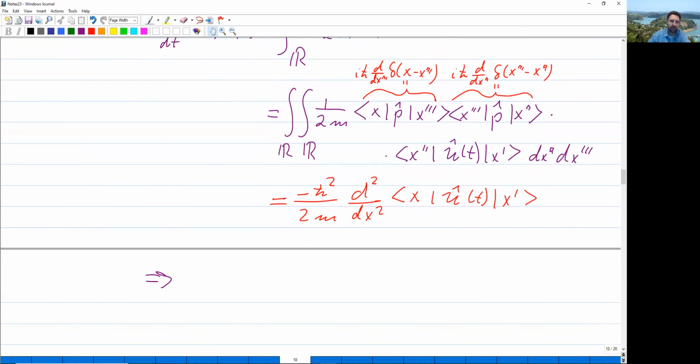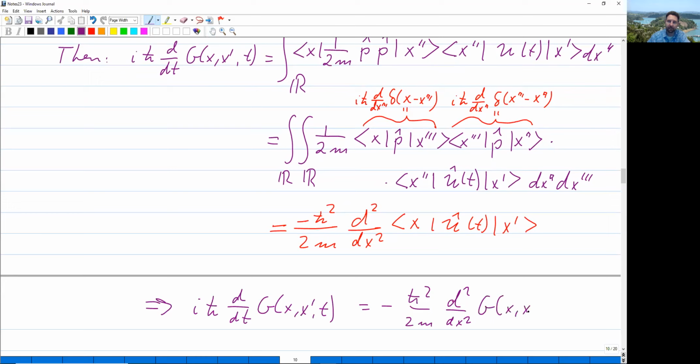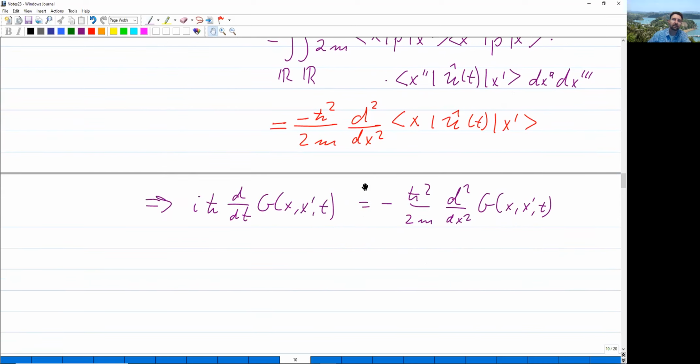Let me just show the beginning as well. We obtain that the equation of motion for the Green's function is i h bar d by dt g of x and x prime t is equal to minus h bar squared divided by 2m, and then d squared dx squared. And remember, this is the Green's function, so it's g of x and x prime and t. So what we found is that this is the position space representation of